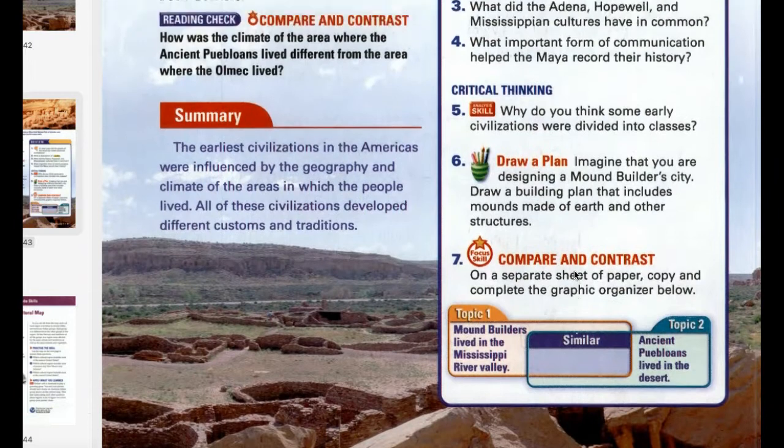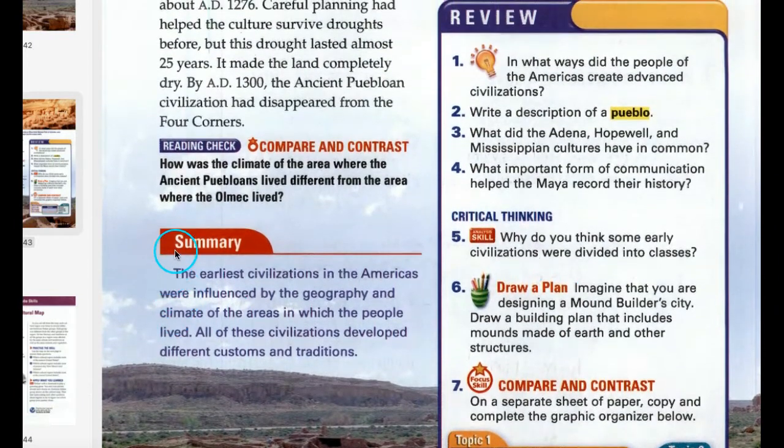Let's look at the questions. Summary first. In summary, the earliest civilizations in the Americas were influenced by the geography and climate of the areas in which the people lived. All of these civilizations developed different customs and traditions.